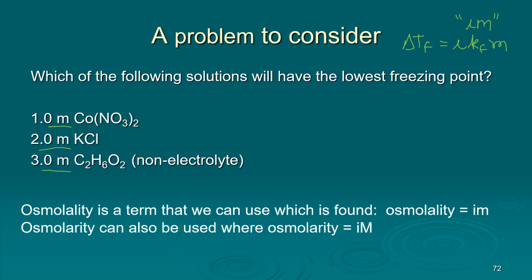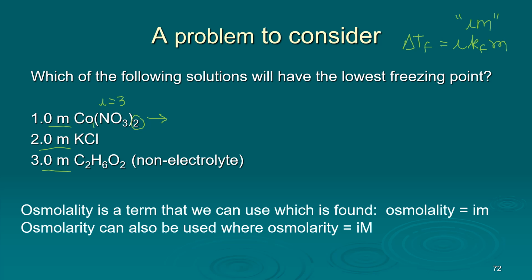In other words, it's the concentration of actual particles. If you're talking about molarity, then you can use osmolarity, which is i times M. So depending on if you're using little m or big M, it's osmolality or osmolarity. So we can figure out the osmolality of each of these without worrying about the whole formula. Here, i is 3, because this is going to break up into 2 plus and 1 minus,